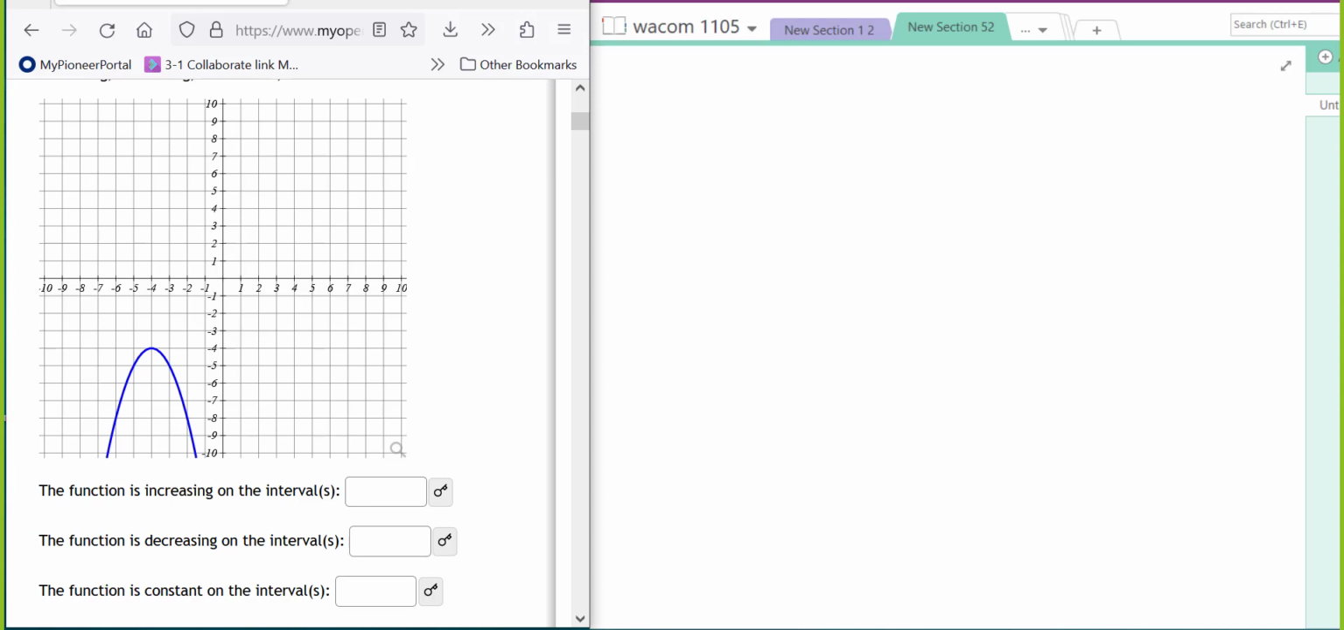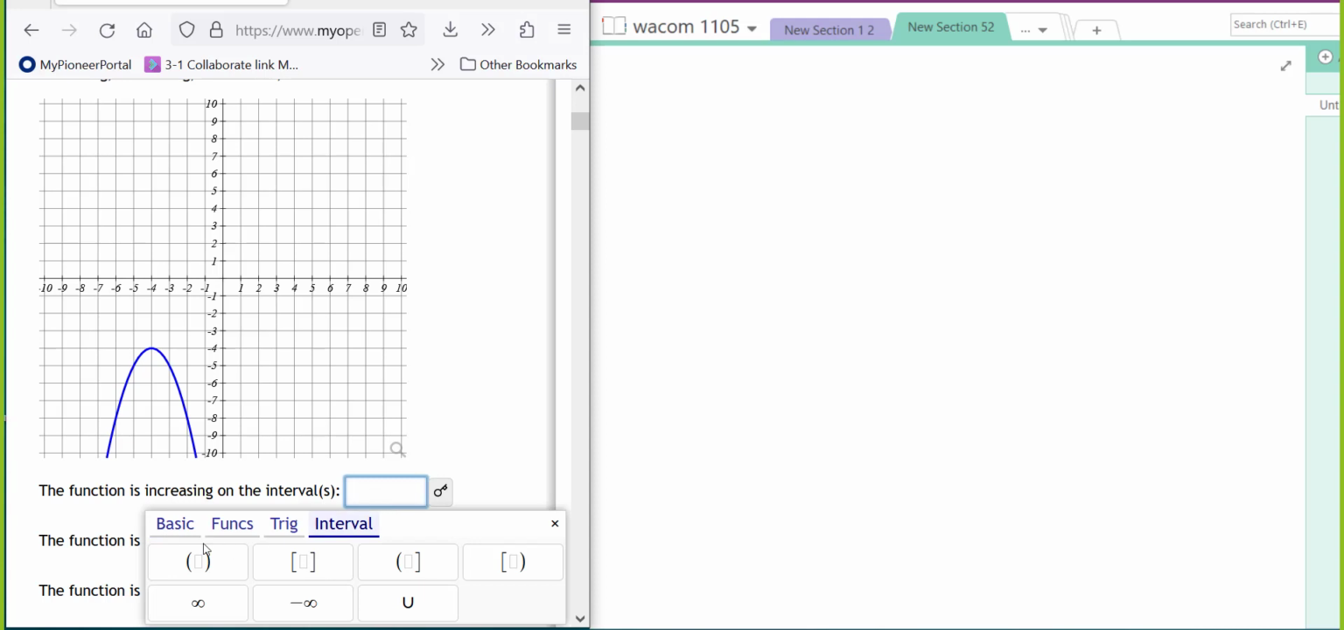So you want to look at the part of the graph that's climbing. So this left piece of this parabola is climbing. When you write the interval for it, you always talk in terms of x. So you want to know going left to right. So it is increasing from negative infinity to -4. That's where it turns around and starts down. So that will be our first interval,